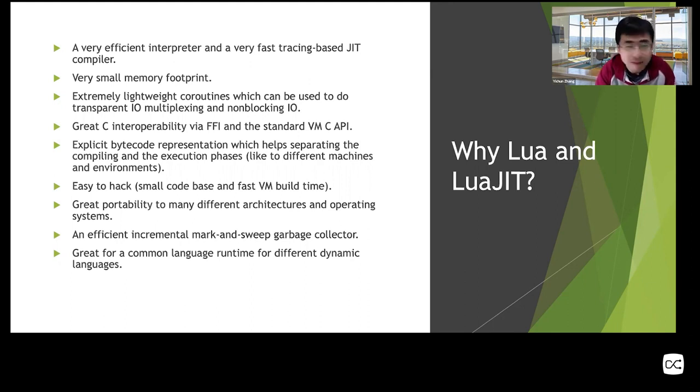LuaJIT is bigger, of course, because of all the optimizations. It also contains two implementations: one is the JIT compiler, and another one is the interpreter written in handcrafted assembly. But still it's small. LuaJIT is so small that compiling everything only takes a couple of seconds on a modern computer.